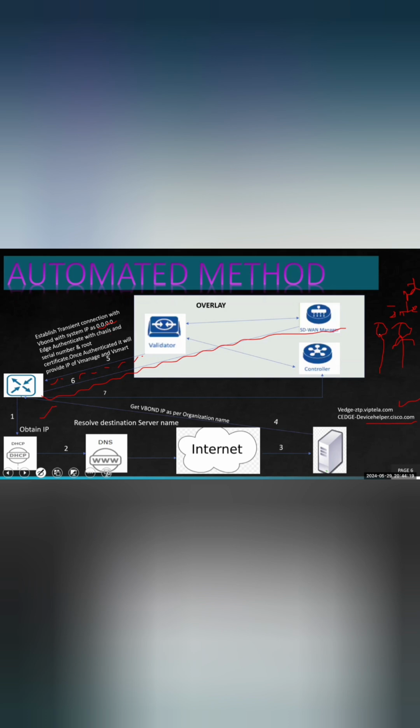vBond will check with the help of the device serial number and the chassis number, because each device has its own chassis number, serial number and root certificate. It will validate the box with the help of the system IP address, which is 0.0.0.0 at the initial level. Once it authenticates it, it will provide the IP addresses of the vManage and the vSmart, both IPs will be given to the